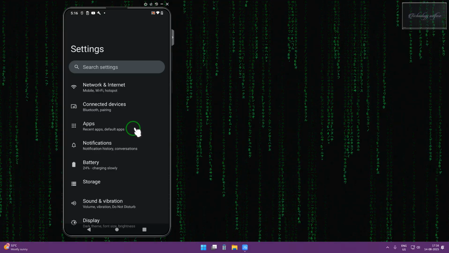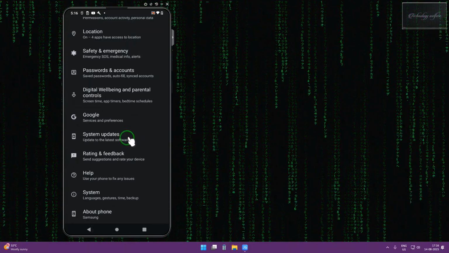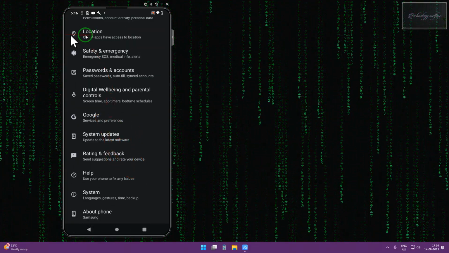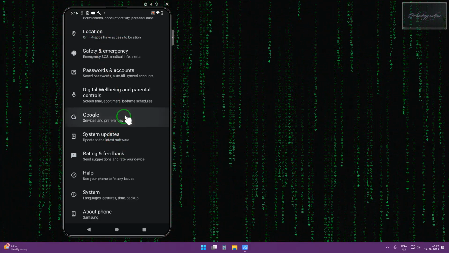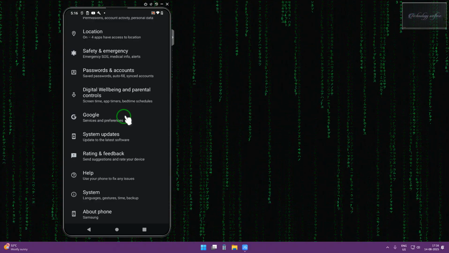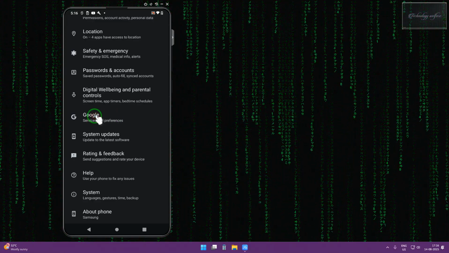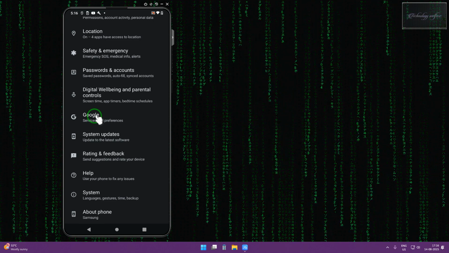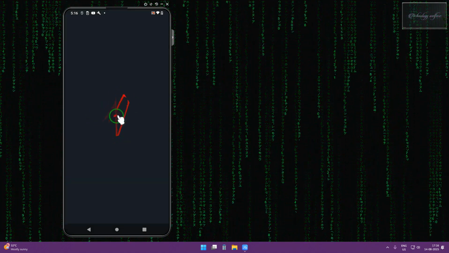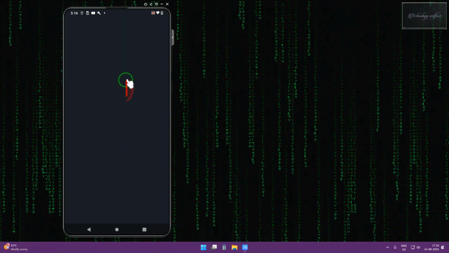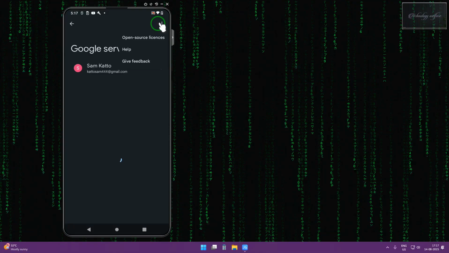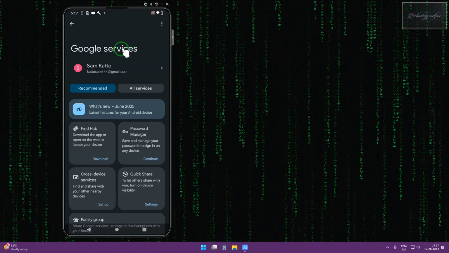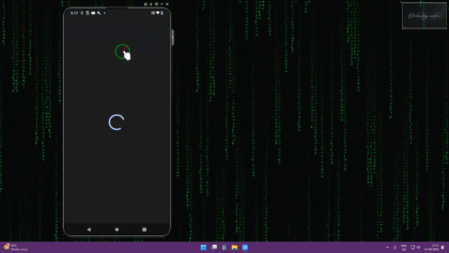Now here what we will do, guys, we will come especially into Google services and the preferences of these options. In each smartphone there are options. Yes, we will tap on it. Now see, our device is working a little slow. We will tap on especially the help options. When we tap on the help options in there,